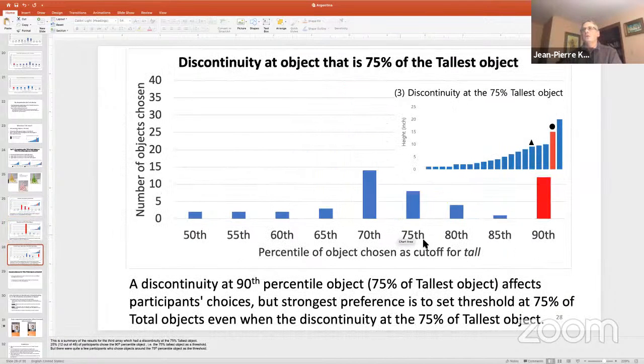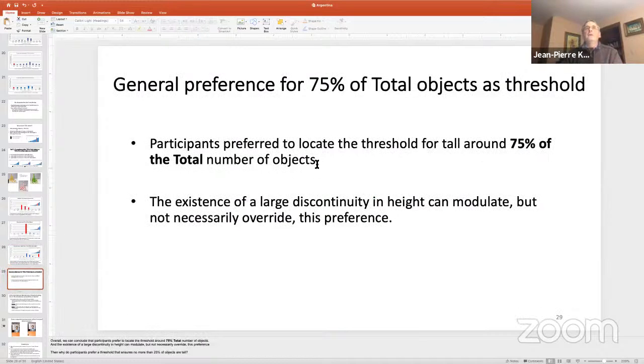And then when there is a discontinuity at the 75th percent of the total maximum height, there is an increase in the number of participants who chose the 90th percentile, 75% of maximum height, as the threshold, but they still like this area the most, which is the 70th and 75th percentile. So there is a general preference from our participant in experiment 3 for people to choose